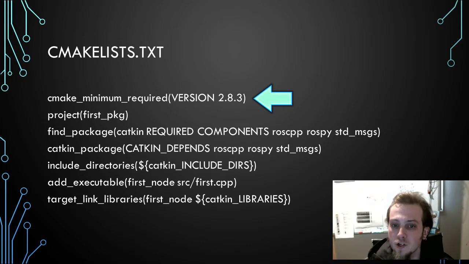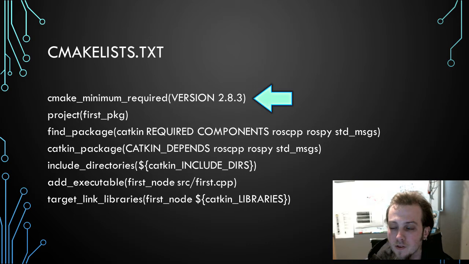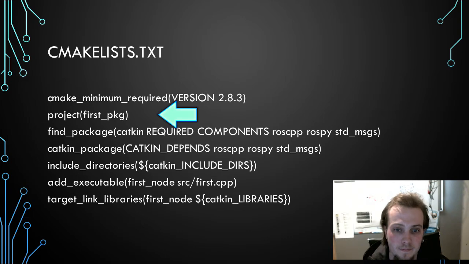This needs to be version 2.8.3 or greater for Catkin, and so if it's not, you just need to update your version of CMake. The second line is just the package name, which we gave it before when we